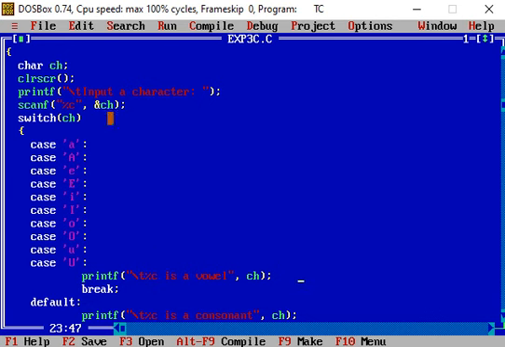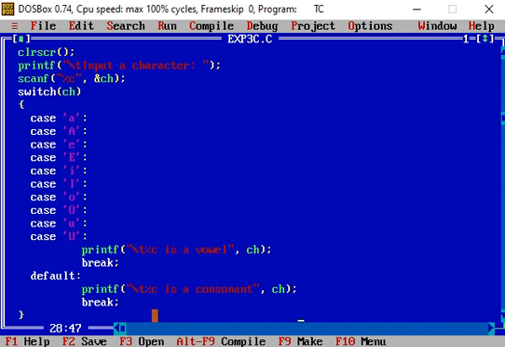If no case is satisfied, no case is found to be matched with the character value, then the default case is executed, and here we see printf in double quotation marks \t %c is a consonant. What is the character value? The character value that is printed at the %c is a consonant. This output is displayed on the output screen.